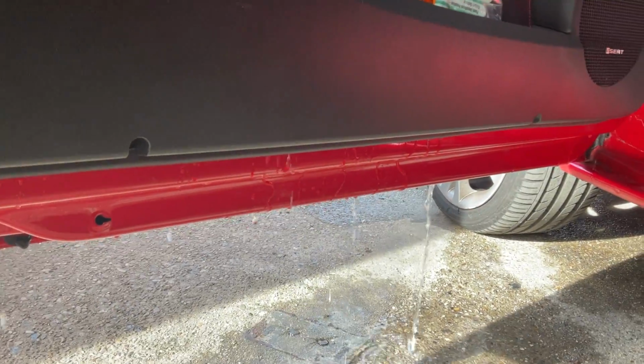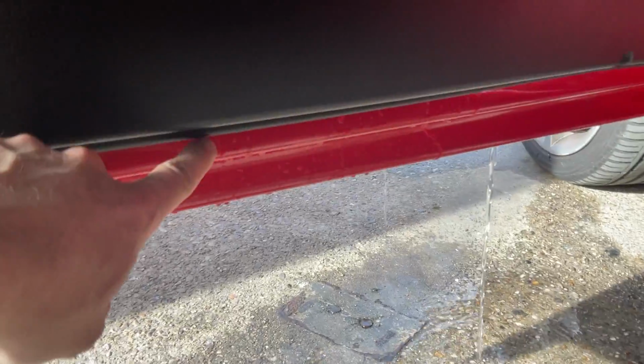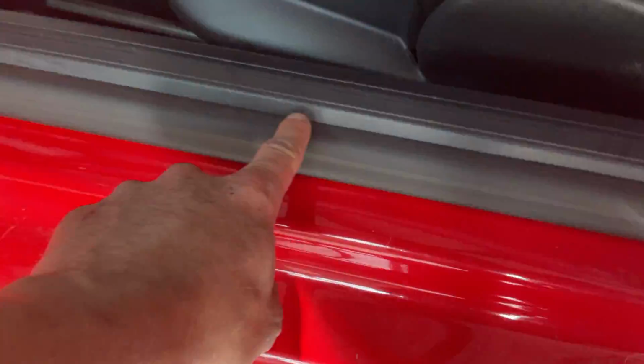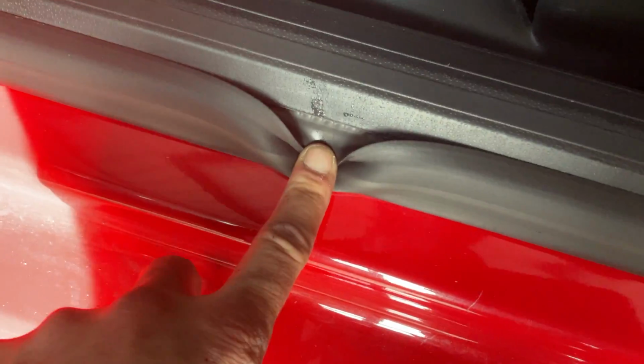If we go on the inside of the door, we can see that there's a very heavy leak on the door membrane there. What that will do is drip straight onto this rubber, and then the only way for it to go would be underneath here, and then obviously it'll fill up the footwells. The good thing is, on the passenger side, it looks like we may have caught this early, because this is our